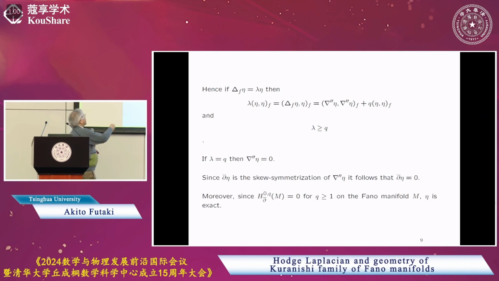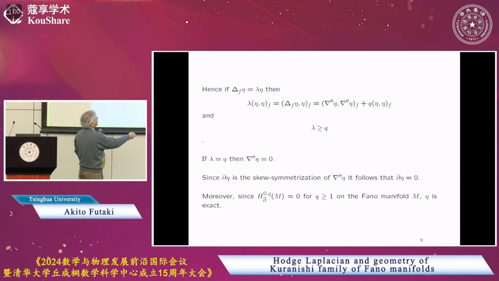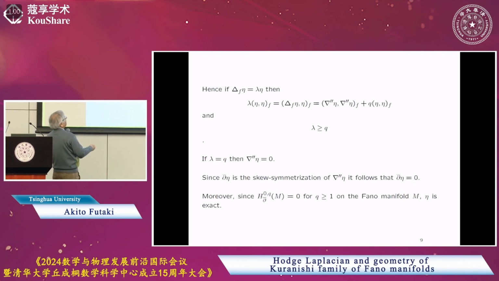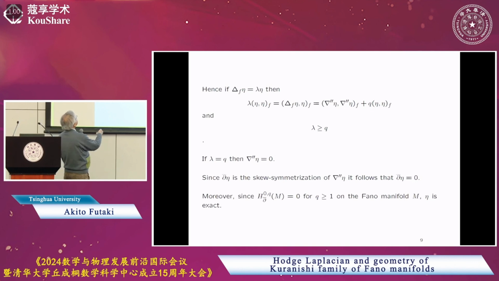second d-bar of eta is 0. It's a covariant derivative, but d-bar is just a skew symmetrization of this covariant derivative. So this means d-bar is also 0. So also eta is exact because of this vanishing. And then